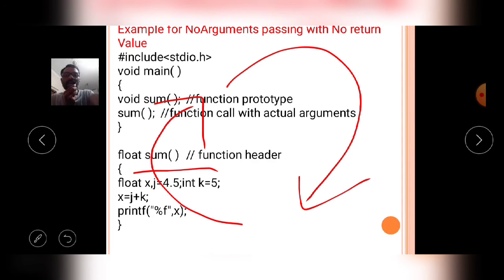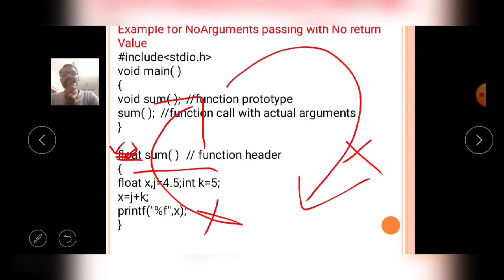So no values are moved from the caller function to the called function, and after completion of the execution of the user defined function, no value, that means nothing, is moved from the called function to the caller function. This type of user defined function is called no argument passing with no return value.